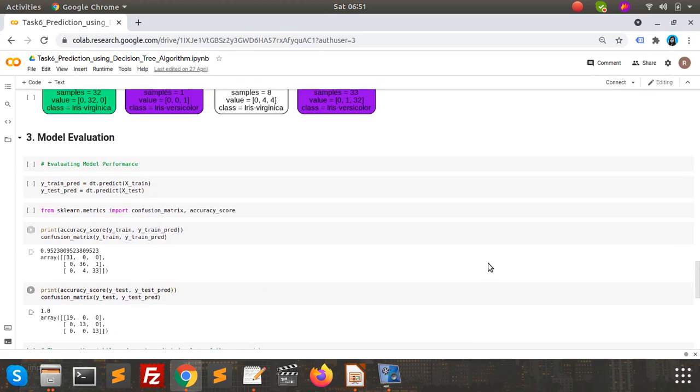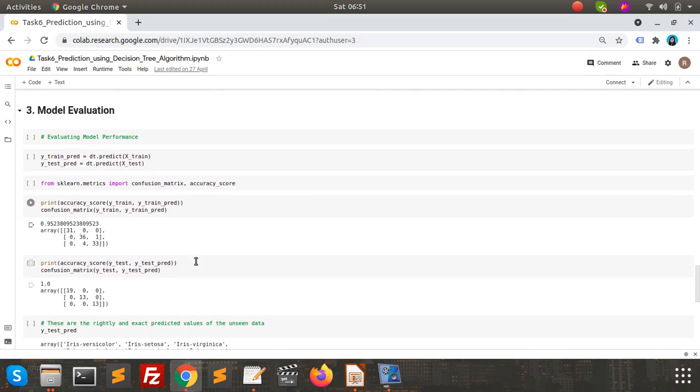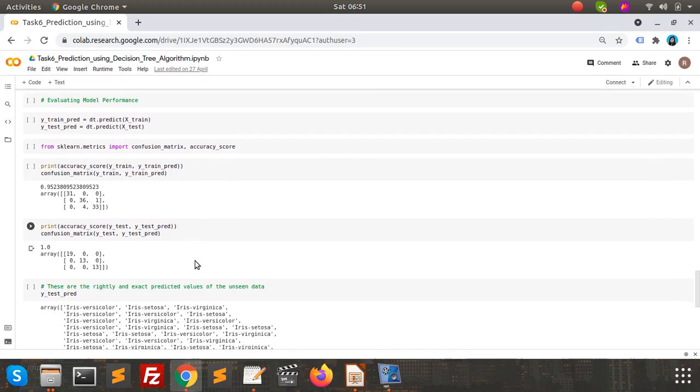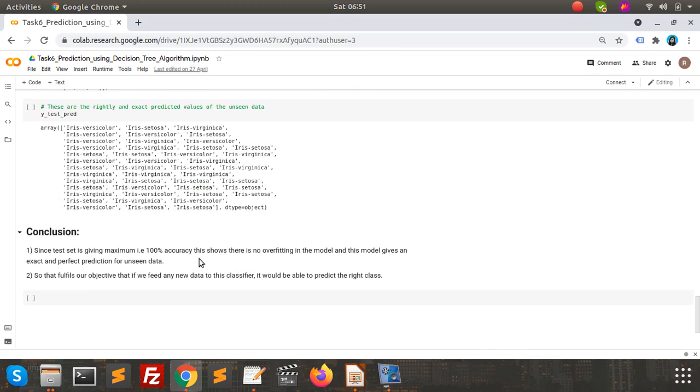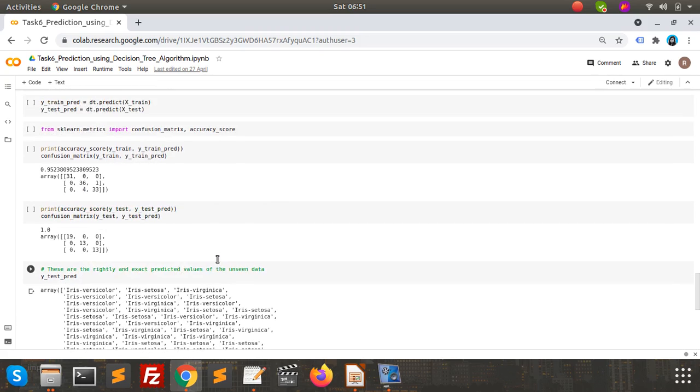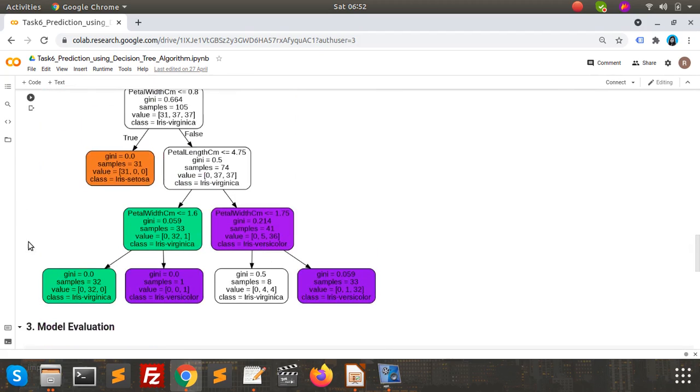By model evaluation, we have got the accuracy to be 100% in case of testing data. So it is a perfect tree model for prediction. So we can rely totally on this tree model for a perfect prediction of species of iris flower.